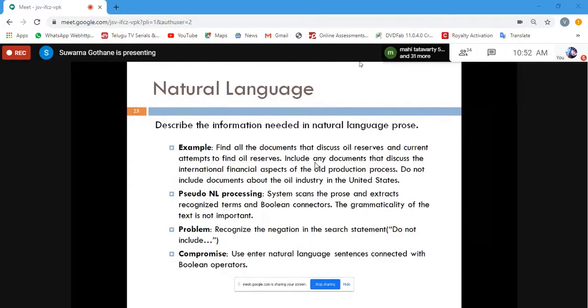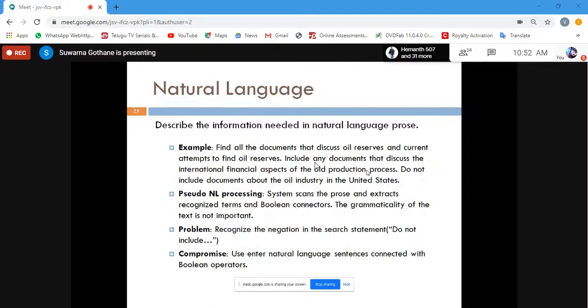So not only oil reserves but also including current ones, and also include documents that discuss the international financial aspects of the production process, but not willing to have any data on the United States. So we are not interested in the United States. Likewise, any sentence you can speak or type with your hand. Natural language means English-like language.